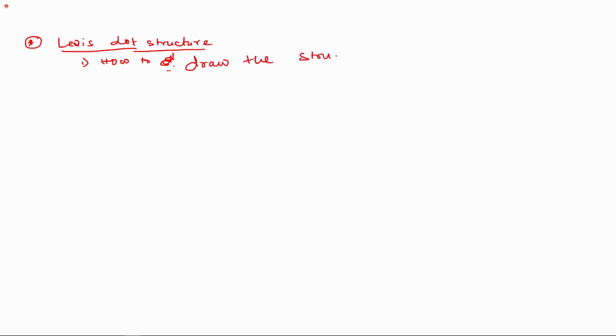Both the VSEPR theory and the Lewis dot structure have some limitations. First, we can know how to draw the structure, but these two theories fail to explain